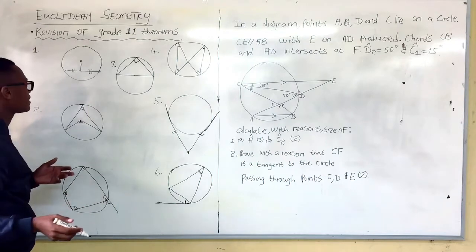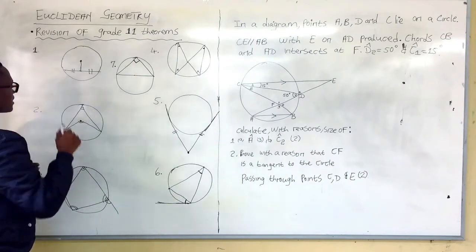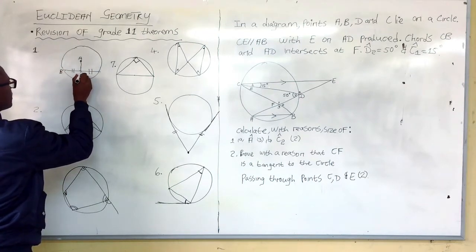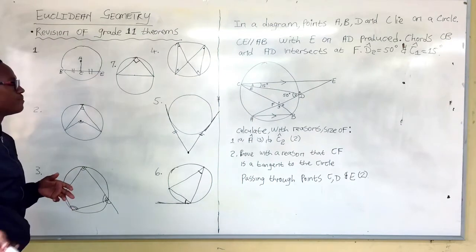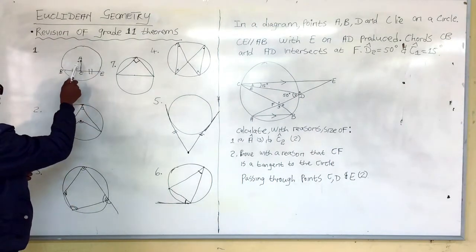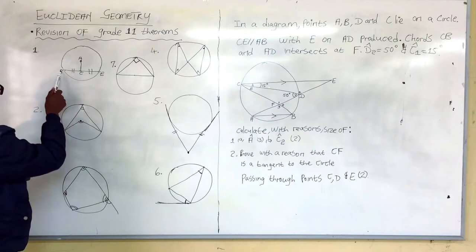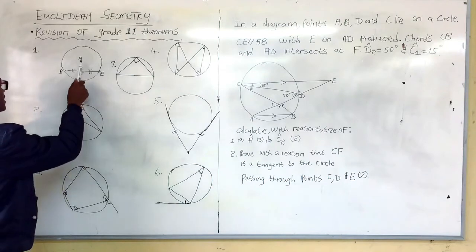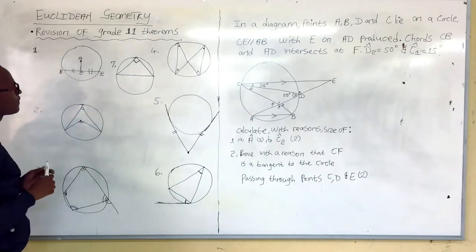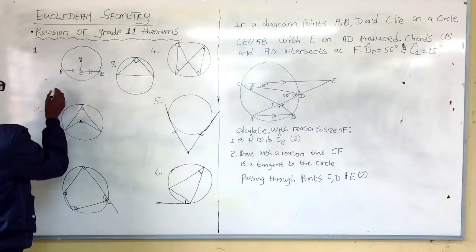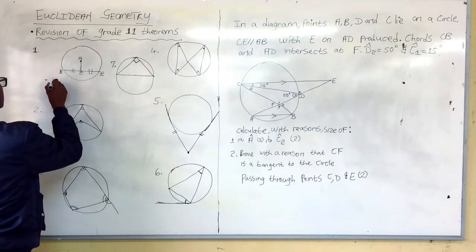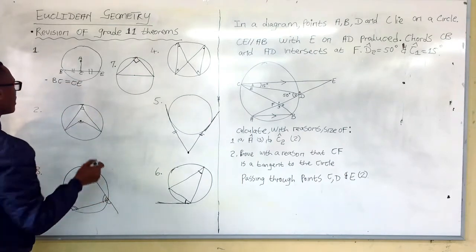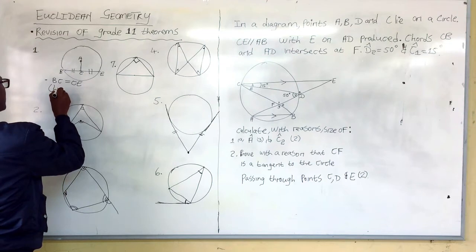So let's just give our circle variables. Let's say here we have A, and then here is B, and then C, and then E. So if this is our center and this is our chord, therefore BC is going to be the same as CE in length because this line bisects our chord. So the reason we say that BC is equal to CE, our reason why is the line